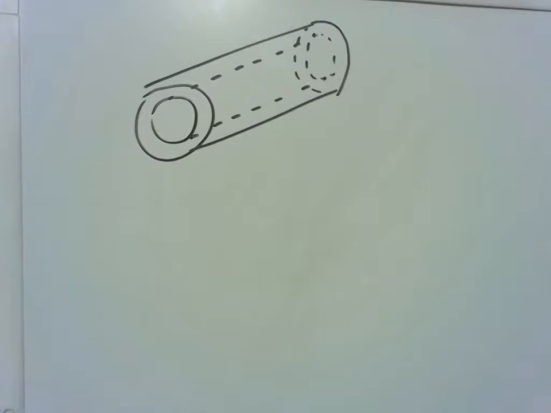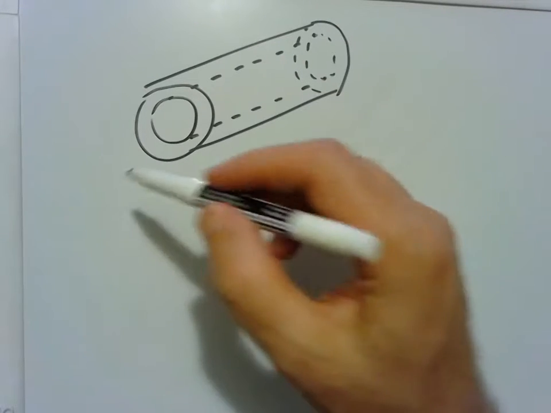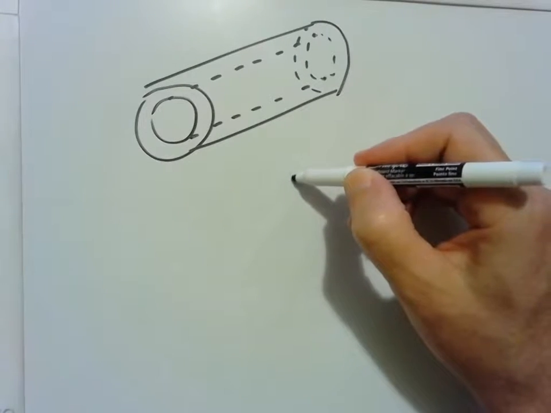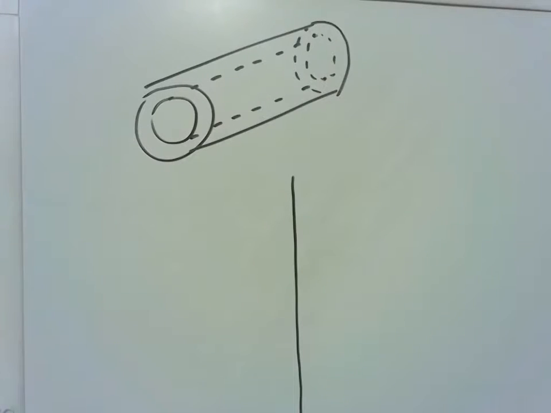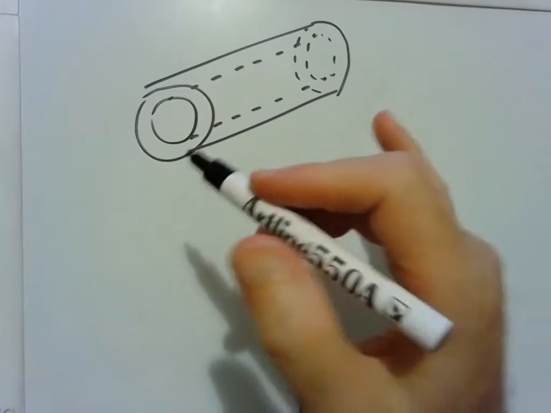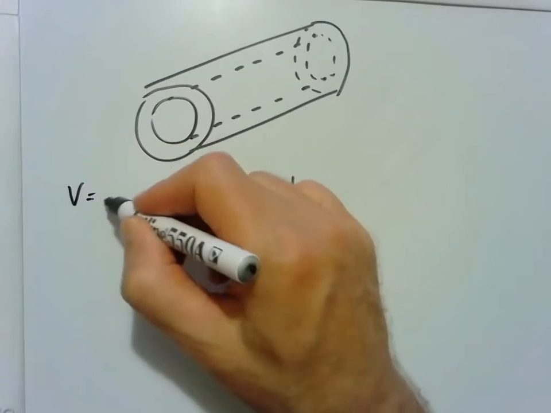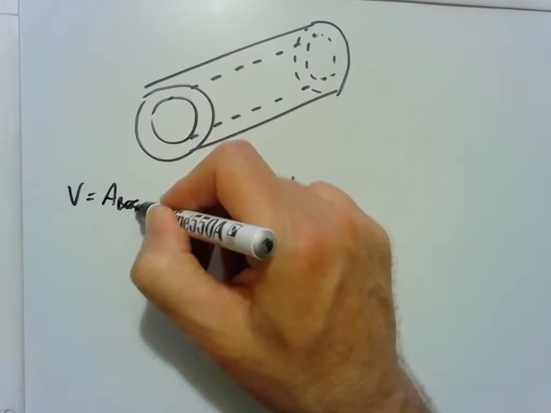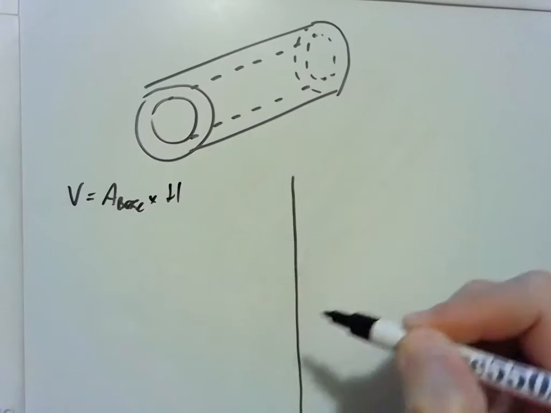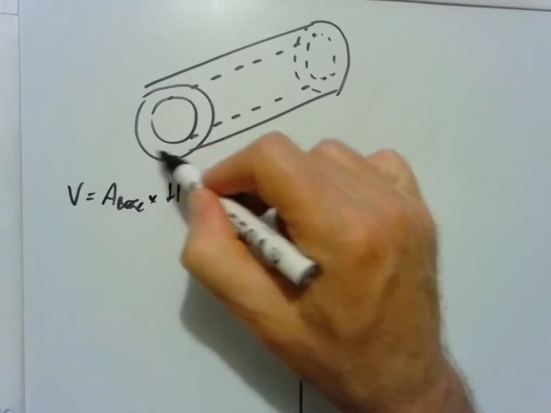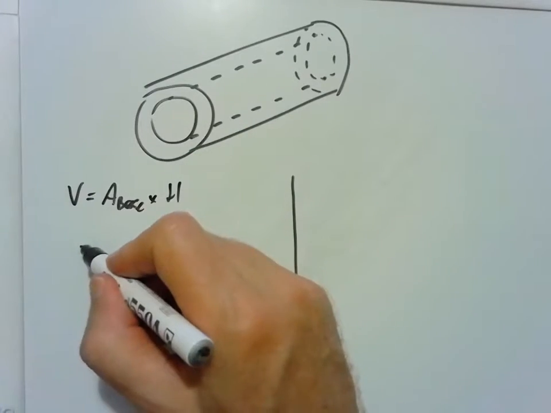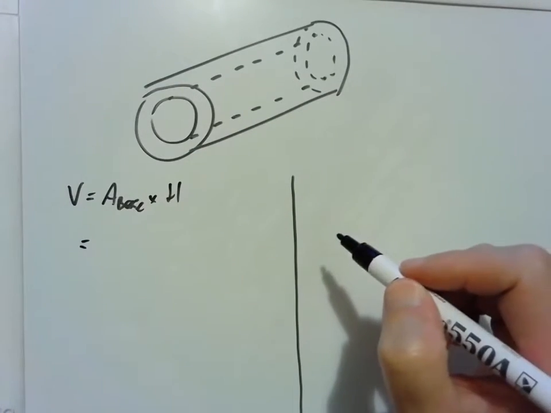Now I'm going to say there's two ways we can do that. Let's divide this page into 2. I'm going to squeeze it in there a little bit, so setting out won't be fantastic, but let's just go with the traditional volume equals the area of the base times the height. So the base here is this annulus, which we did in that last video. So using pi r squared,